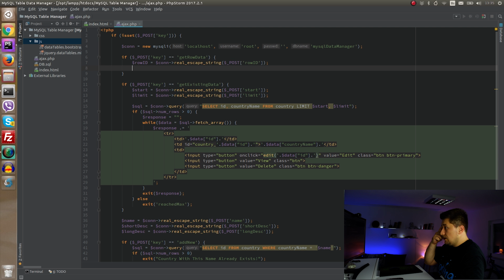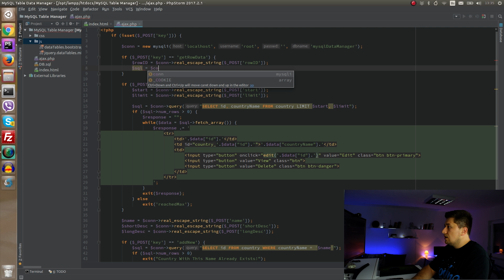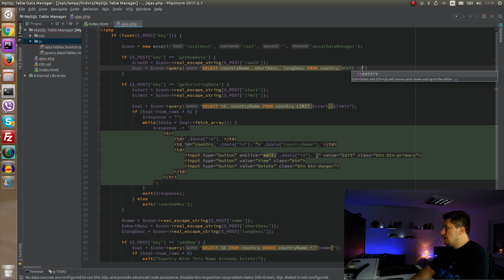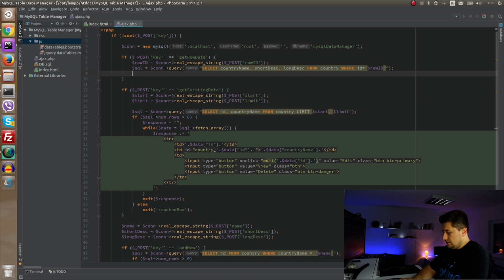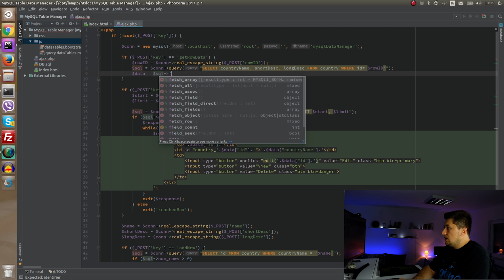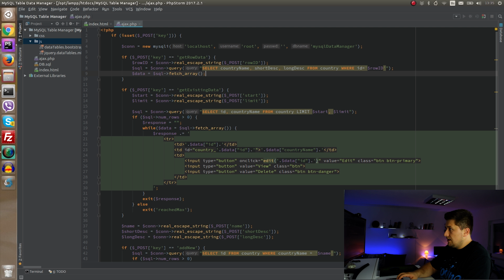Alright, and now we are going to get that data. So say SQL equal connection query select country name, short description and long description from country where ID equal row ID. We'll say data equal SQL fetch array, and now